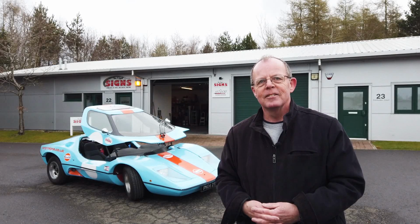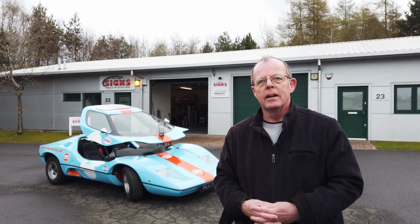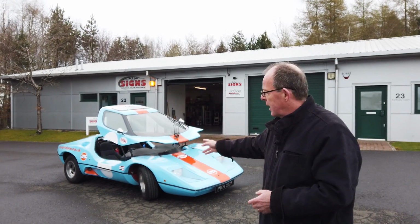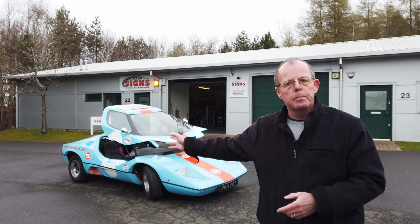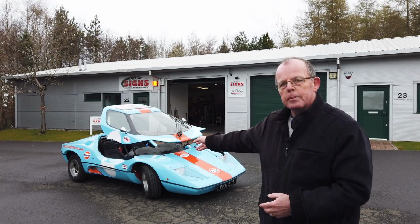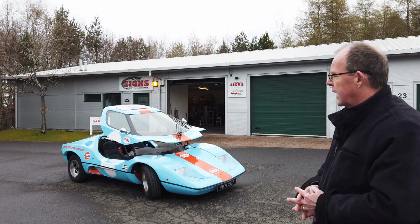The livery, beautiful. Got obviously the Porsche Gulf colours. That isn't a problem for you with your business, is it? The decals and so on. No, the car's vinyl wrapped. So the car, when I got it, it was red and it was a poor quality respray that had been done. So I did a vinyl wrap, which is why it's blue,